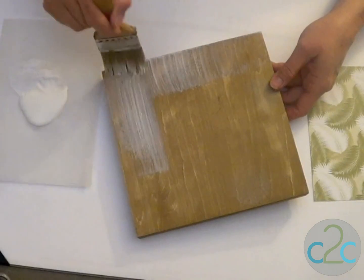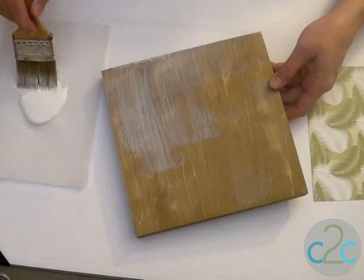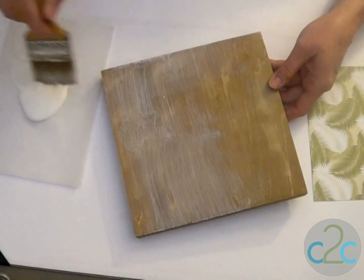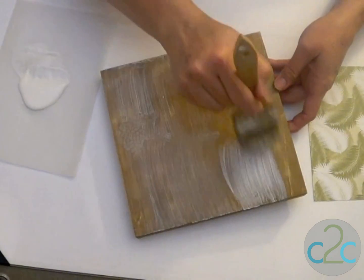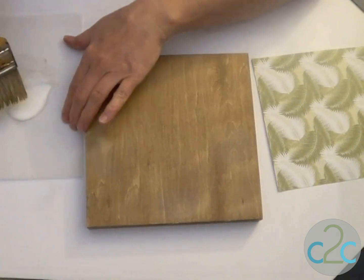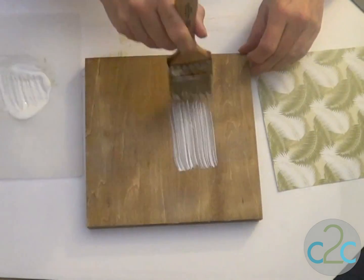And now that my flower stamps have dried along the edges, I'm going to give the whole frame a coat of decoupage medium. Once the first coat is dry and it's all around the edges, I'm going to apply a second coat to